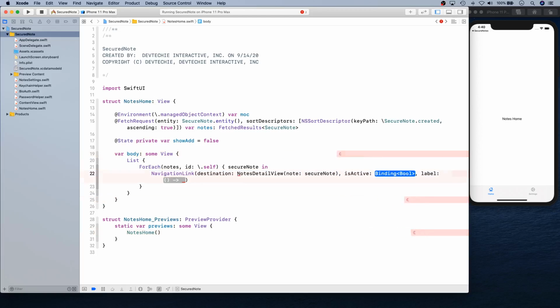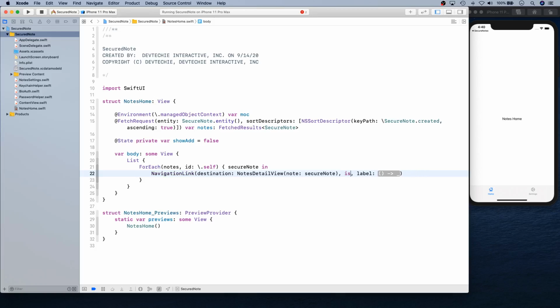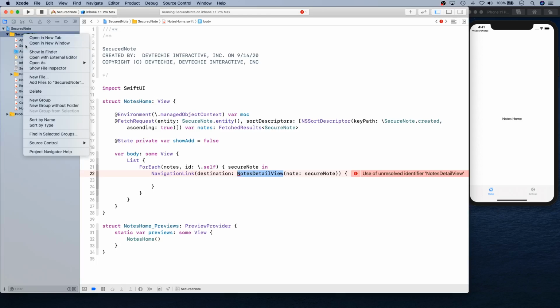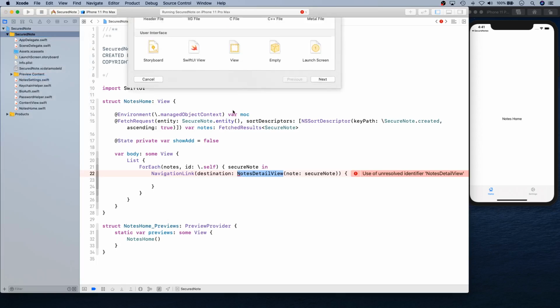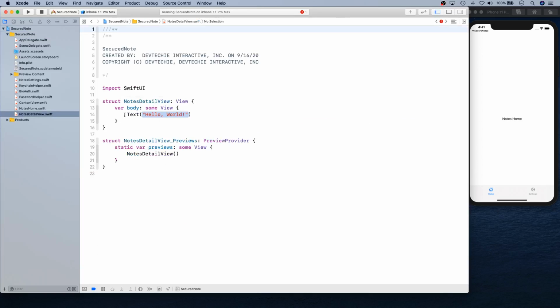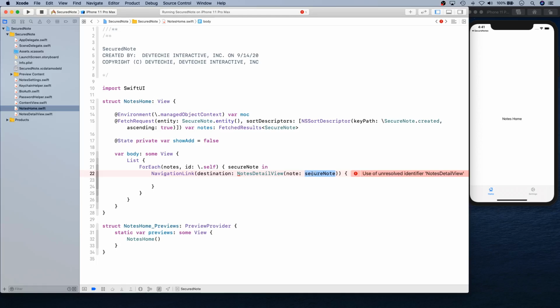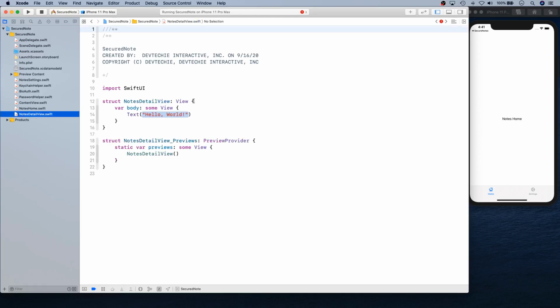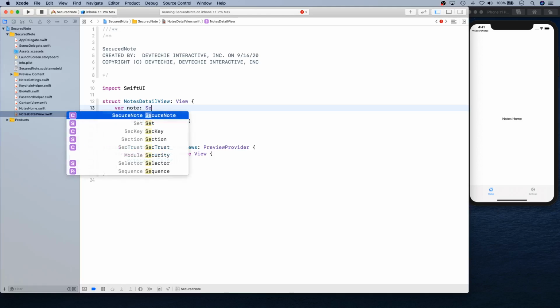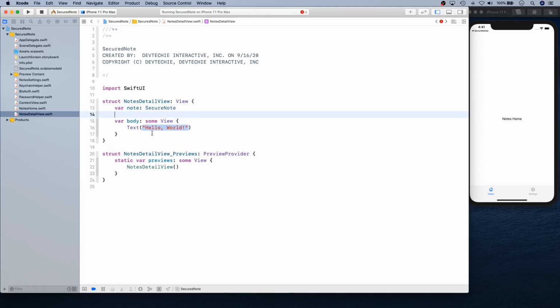Is binding. By the way, NotesDetailView is not available, so we're going to create that in a minute. Let's go ahead and create that. We are going to create a SwiftUI view for that, and we're going to call this NotesDetailView. And just to satisfy this error, we're going to create a variable called note of type SecureNote. Okay, so if we build,